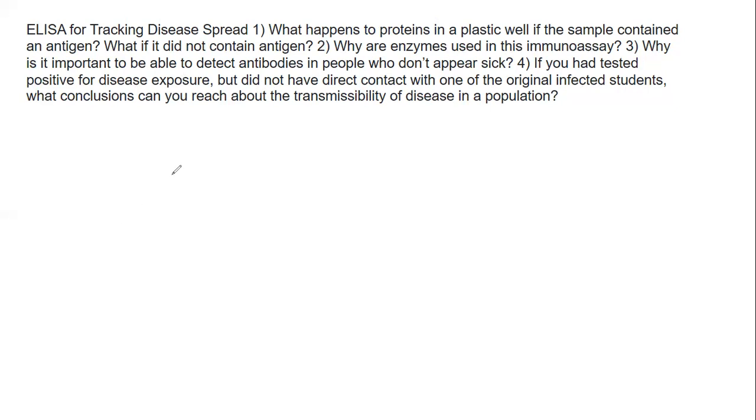Similarly, suppose I have been tested positive with COVID. There are other diseases also where you see asymptomatic individuals, like typhoid. But I wasn't in contact with any infected person. So what I can conclude here is that diseases like these are transmittable